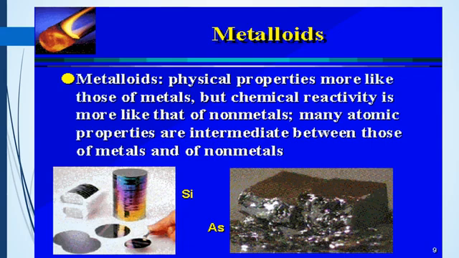Some of the reactions show metal features, and some of the reactions it may act as a non-metal. So we can call it a metalloid, because sometimes it is acting as a metal, other times it is acting as a non-metal. So it is showing properties in between a metal and non-metal. That's why we are calling them metalloids.